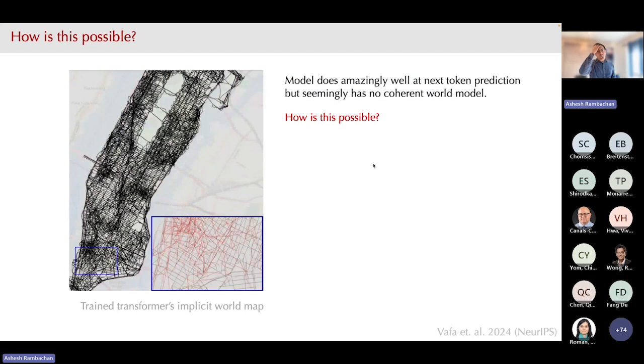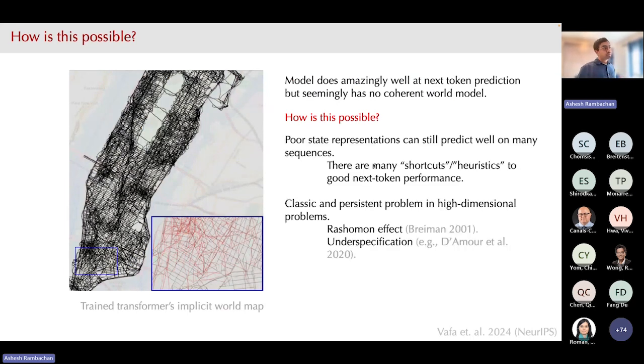So what's coming out of this work on world models is sort of a puzzle. Beyond this one paper, there are many other papers studying other sandbox domains, like physics examples or particular board games, where it seems like we're producing modern AI architectures that do well at next token prediction. If they do well on next token prediction in the setting where they're trained, they have emergent capabilities, but they have no coherent world model, in the sense that if you introduce counterfactuals that wouldn't surprise you or me, they start failing miserably. So how is this possible?